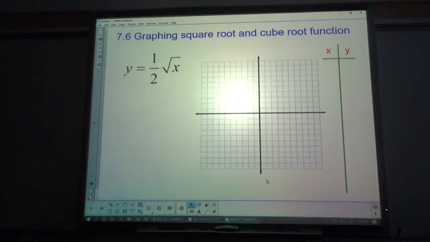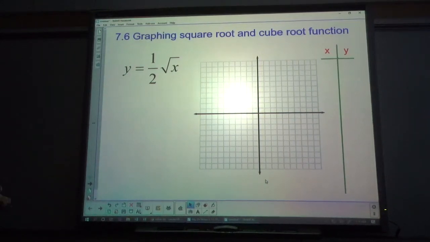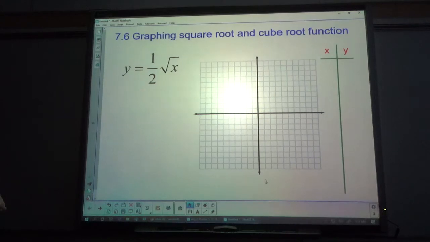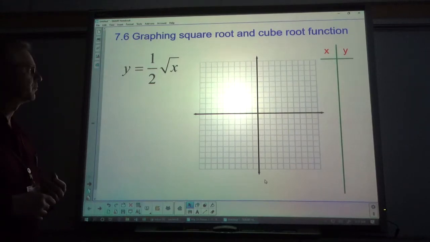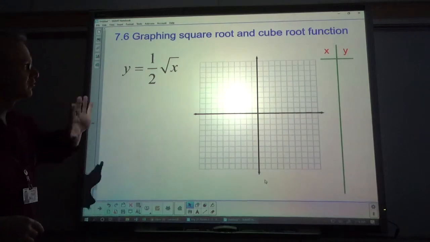Welcome. Today we're going to be working in Chapter 7.6 doing graphing of square roots and cube root functions. So the first one I've got here is the square root. Now if we just graphed a square root, it would be a fairly simple process, but the trick to all